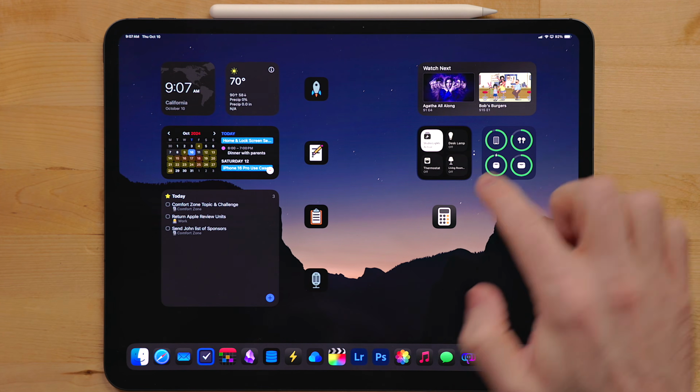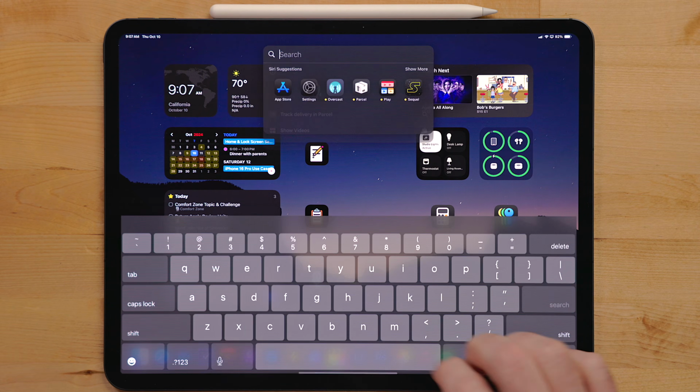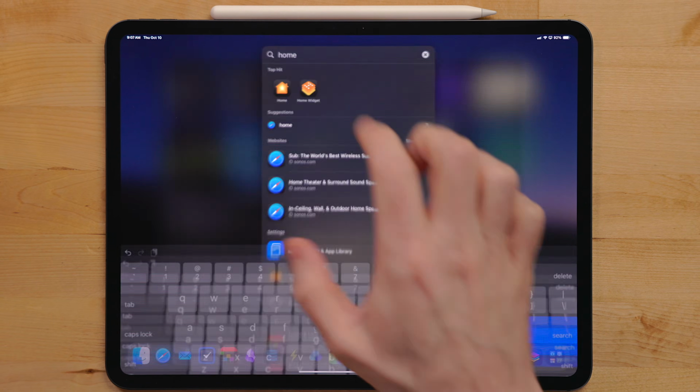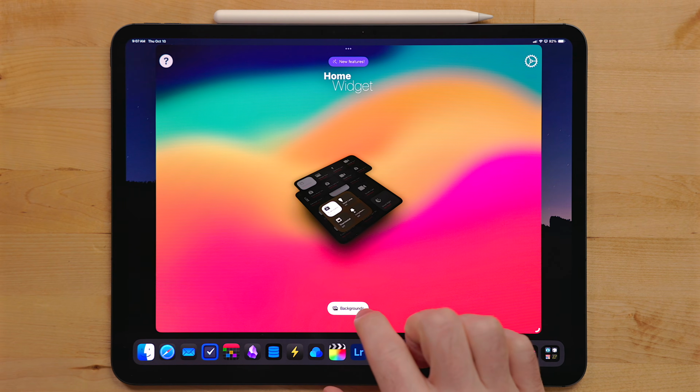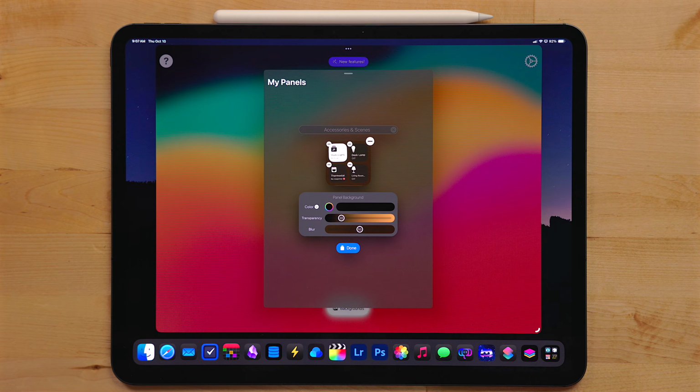This is a third-party app dedicated to making a better widget than the built-in Home app widget. What I like about this one is I can control objects like my garage and thermostat from here. This is not something that can be done with the first-party widget. It's also extremely customizable. There are various sizes, but mostly I just want to be able to toggle a couple of lights, my garage door, and thermostat from here. I'm currently rebuilding all of my smart home stuff because I had some issues after I moved and it's just been a mess. So not everything's set up perfectly in here, but I've been using this app for a while now and it works flawlessly.